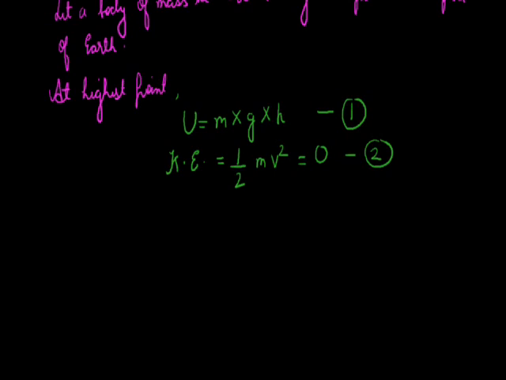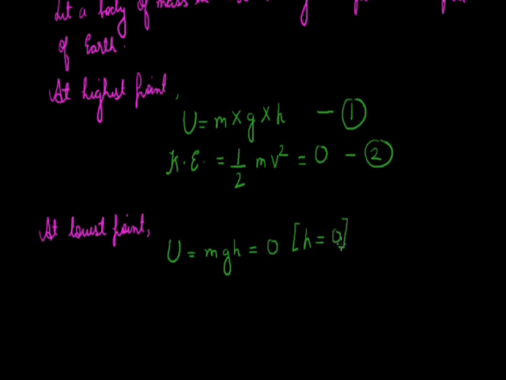Now, if we will calculate these two energies at lowest point, we will note that its potential energy, that is mgh, will be 0 because h is equal to 0 as the body is now on the surface of Earth, and on the surface of Earth h is 0, so potential energy will be 0 and its kinetic energy is equal to half